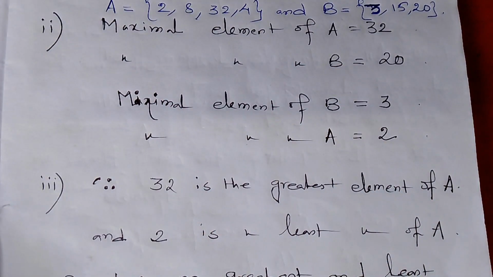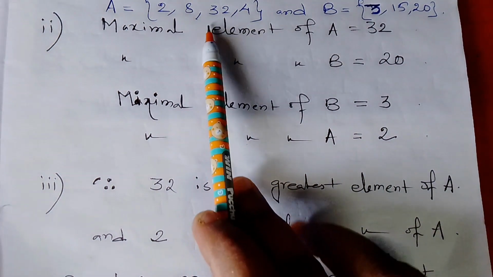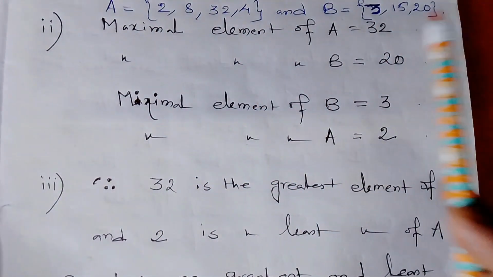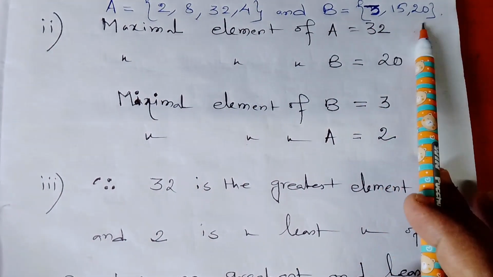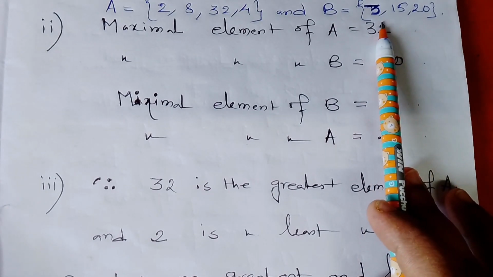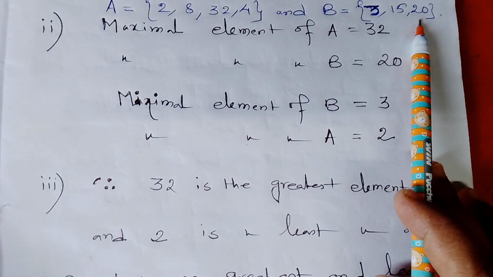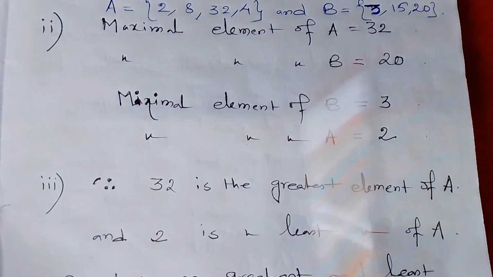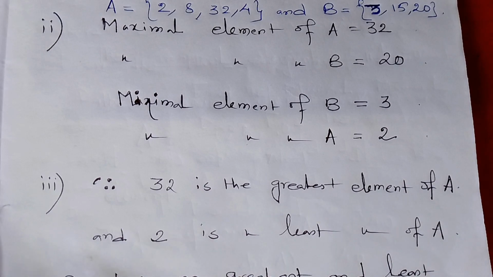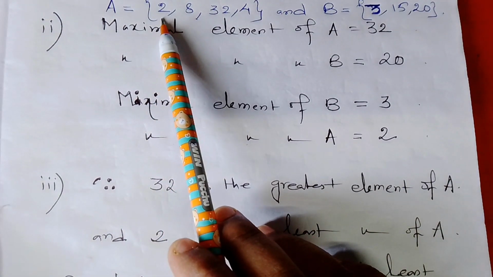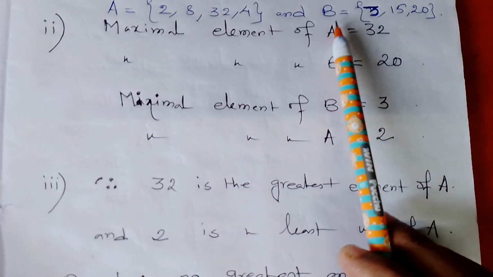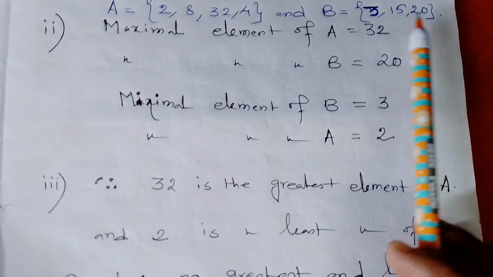Now the greatest element of A is 32 because we can divide 32 by all other elements of A, and B has no greatest element because we can't divide 20 by 3 or 20 by 15. So B does not have any greatest element. And 2 is the least element of A because we can divide all other elements by 2, and B does not have any least element because